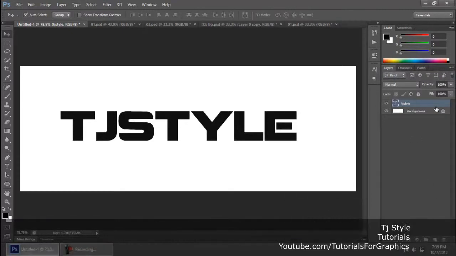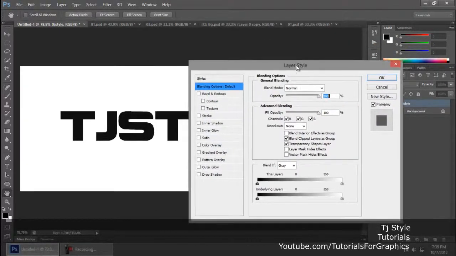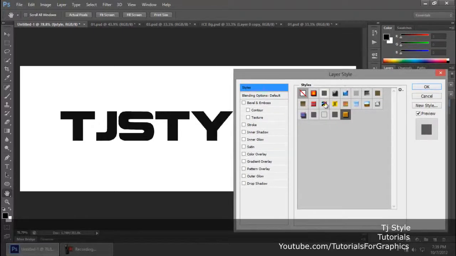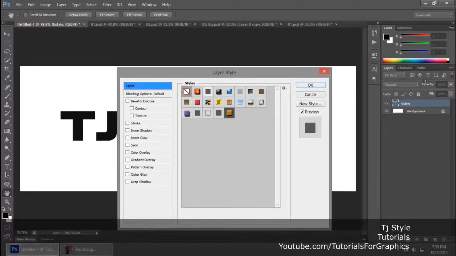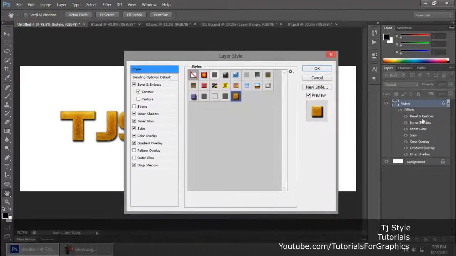The second way is to double click on the layer once again, not on the name, guys, because that will just send it to rename mode. Bring up this layer style dialog box. By default you will be sent to Blending Options. You don't want to go over here, you need to go to the Styles option, and you'll see the same layer styles, but right over here you can see the gold text layer style that we just saved, and you'll see that the layer style gets applied with all the blending modes that were applied to it, guys.